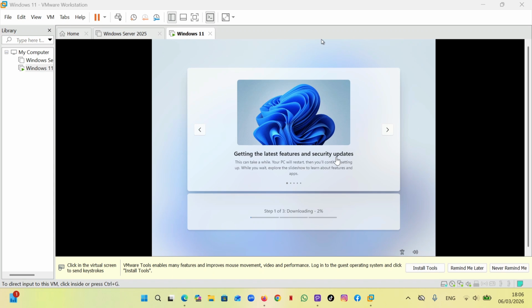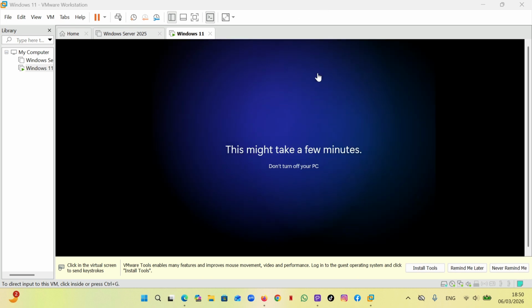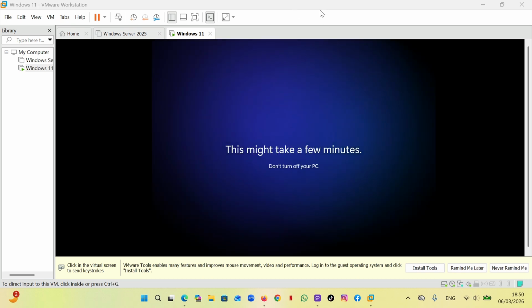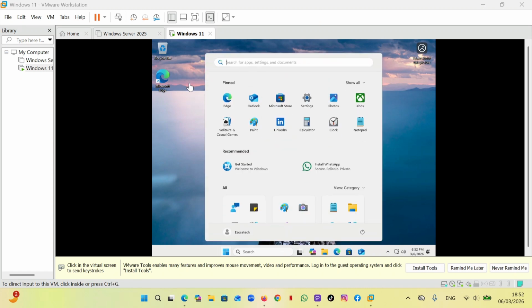Getting latest features and security updates. You have to wait for some minutes. We have finally installed our Windows 11 client. So now let us install